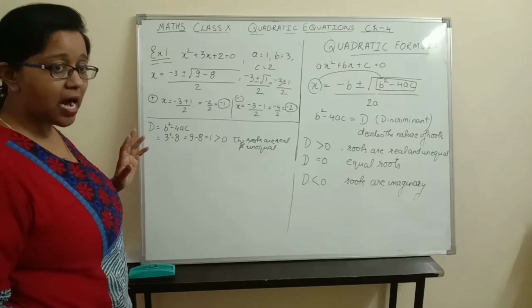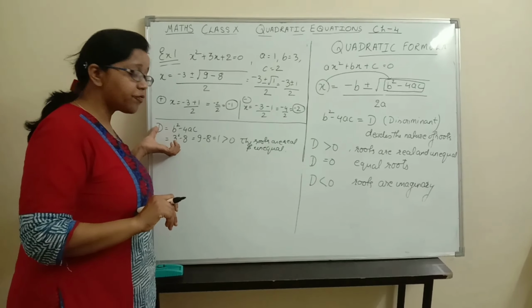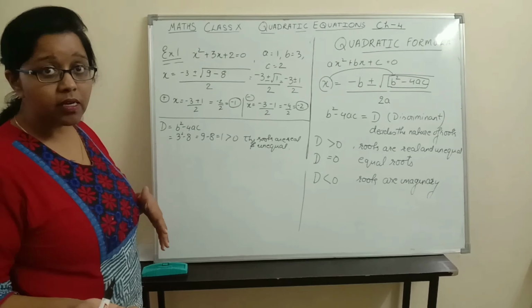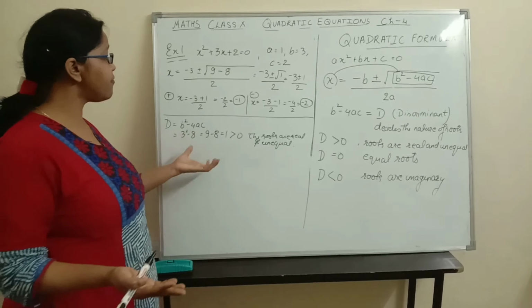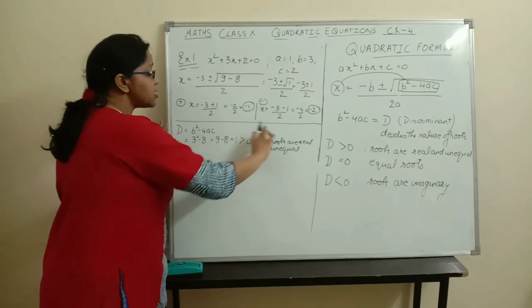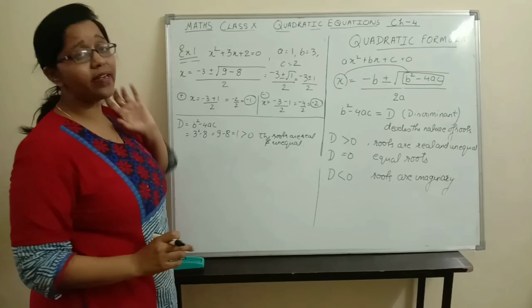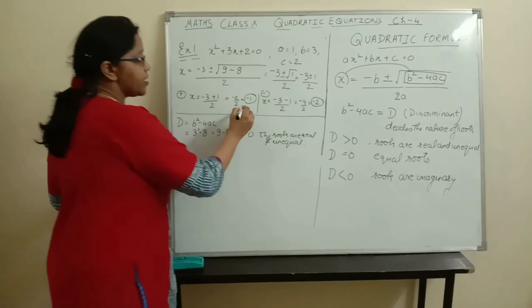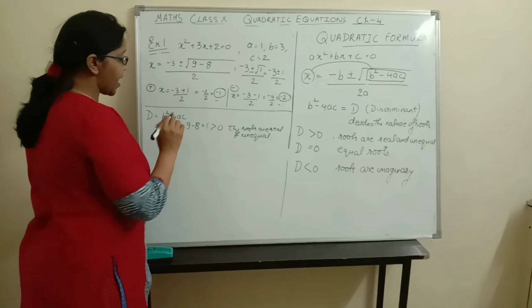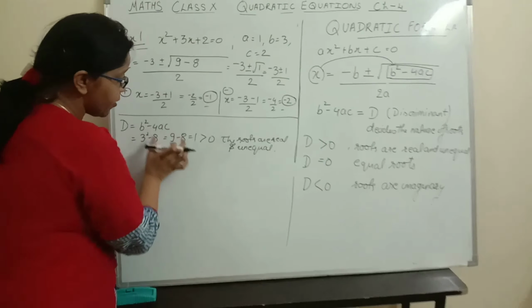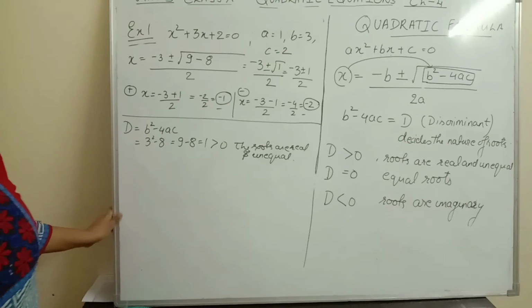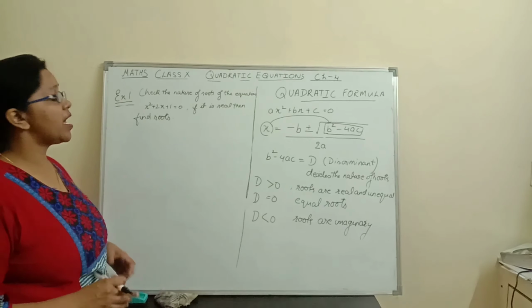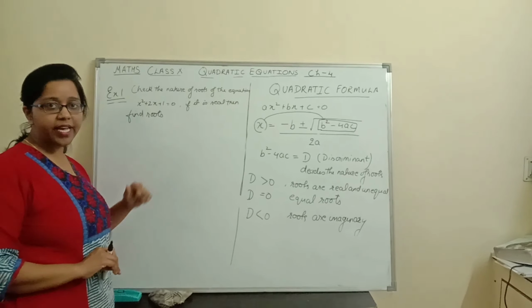And if you are asked to first find the nature of the root, and then, if it is real, find the roots, then you will do this first and this part later on. Okay, I just want to explain that here also it is coming real root, and I want to show you that the value of this also says that it is real. Now for another example, I have framed the question like this.